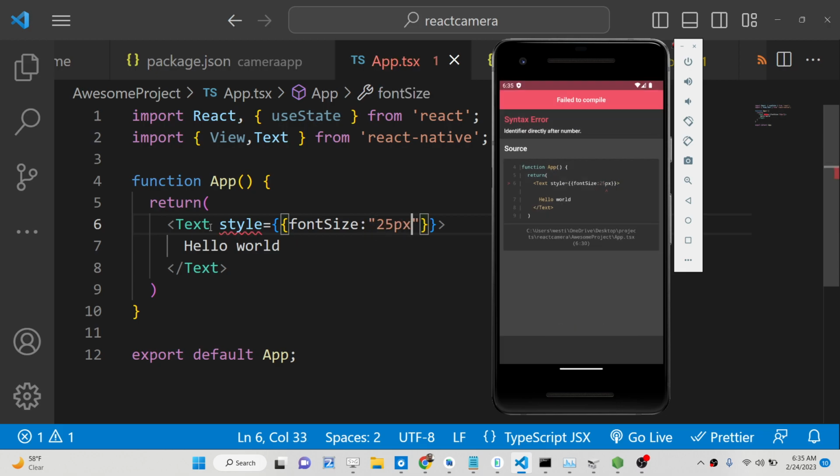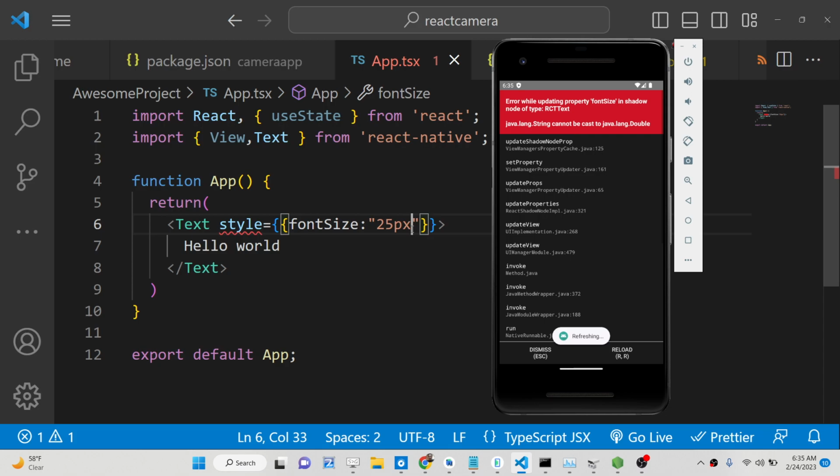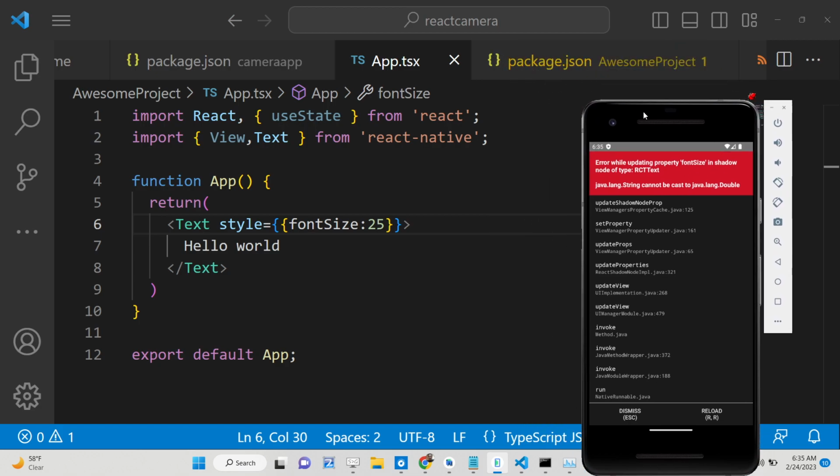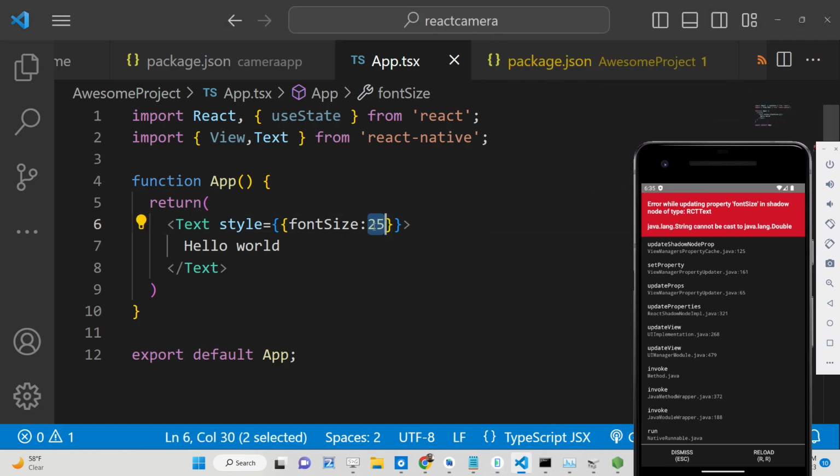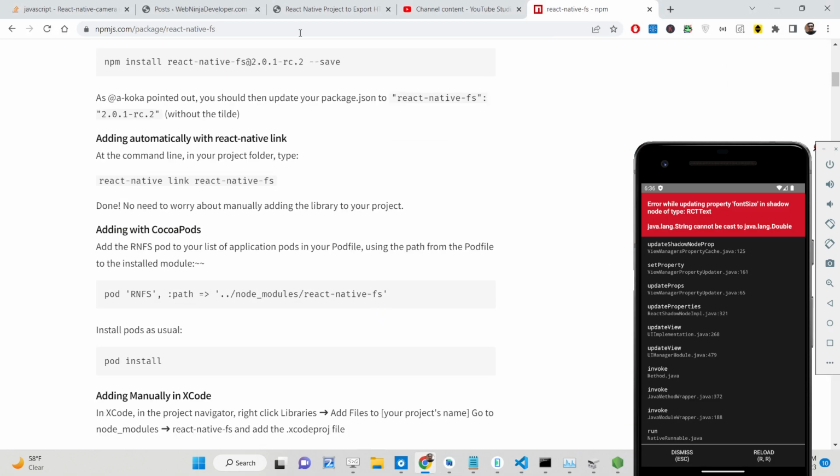So this is valid, I think, font size 25. I need just 25 pixels, sorry. I think custom styles, if you just,